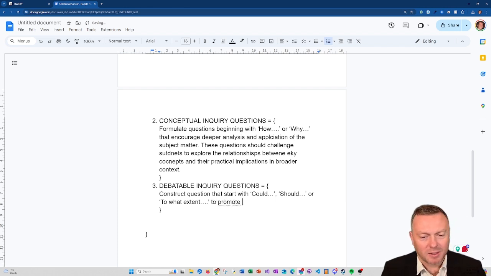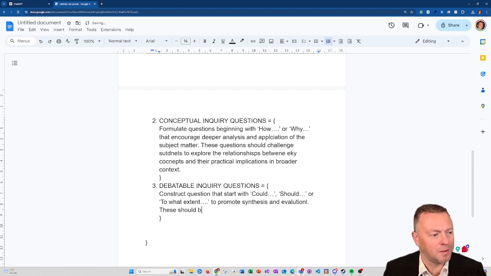To promote synthesis and evaluation, these should be open-ended, debatable questions that require students to form and defend their viewpoints, fostering critical